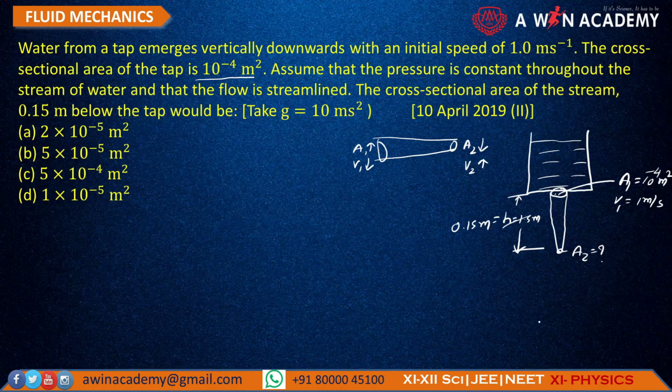तो सिंपल कॉन्सेप्ट यहाँ पे भी लगेगा। अगर आपको कंटिन्यूटी इक्वेशन पता है तो A1 V1 is equal to A2 V2, तो यहाँ की अगर वेलोसिटी आपके पास आ जाए तो आप आराम से फाइंड कर सकते। तो वेलोसिटी यहाँ फाइंड करना है, तो V2 आपको फाइंड करने के लिए हमारे पास फॉर्मूला है V2 स्क्वायर माइनस V1 स्क्वायर इज इक्वल टू 2AD। ये वाला फॉर्मूला हमने पढ़ा है। V2 स्क्वायर हमें फाइंड करना है, V1 स्क्वायर साइड गया, प्लस 2 G यानी 9.8 हम कंसीडर करते हैं, या आप 10 भी ले सकते हो राउंड फिगर में। एंड डिस्टेंस इज 0.15। कितनी हाइट से लिक्विड यहाँ जब 0.15 मीटर बिलो इतना डिस्टेंस ट्रैवल करेगा तो वहां इसका वेलोसिटी कितना होगा, V2 होगा।